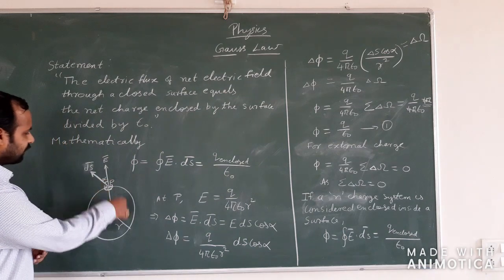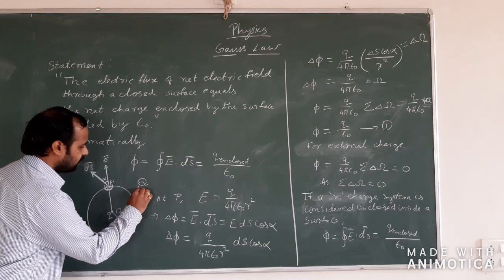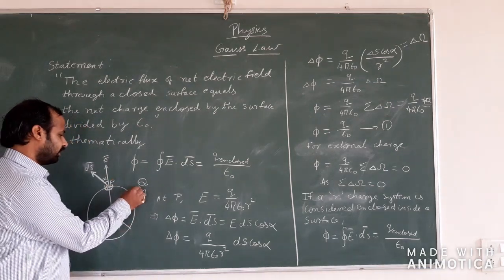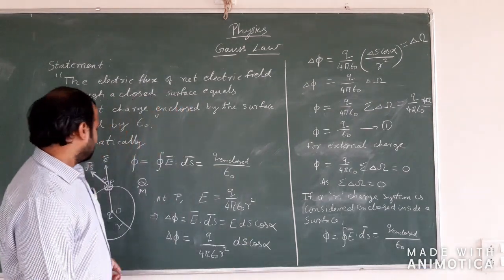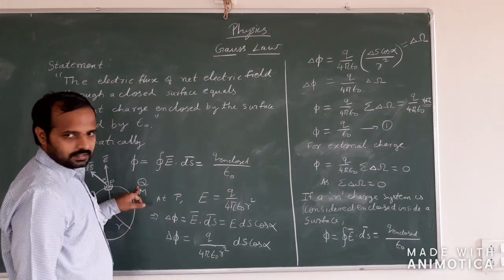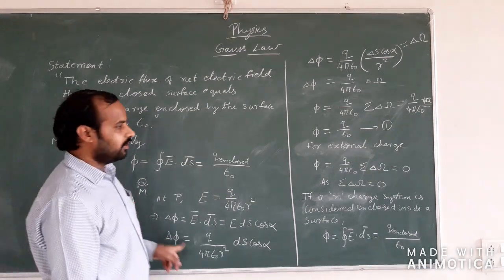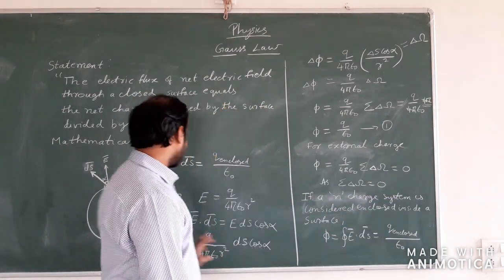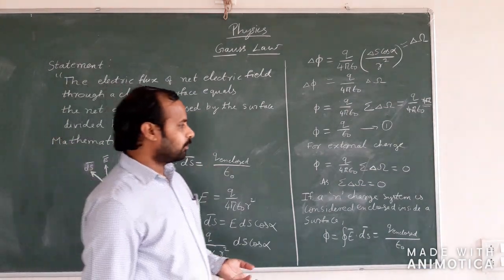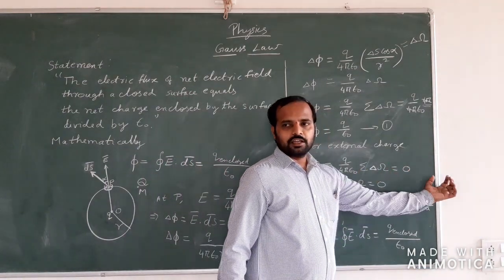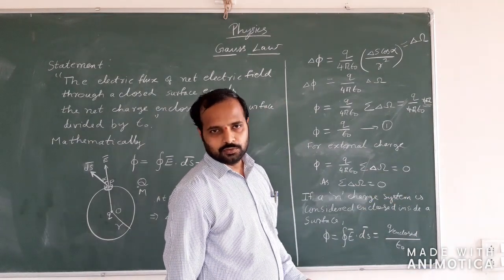Now in the same diagram, let's say I take another charge capital Q at another point, M, which is an external point outside this enclosure. In such a case, the solid angle subtended at point P will be equal to 0, because it is an external point outside the enclosure. So for any outside point, the summation of delta omega becomes 0, and hence the net flux also becomes equal to 0.